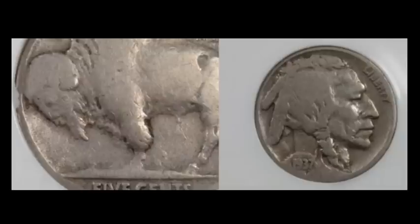Here's another one right here that people are still finding out there in the wild. It's a 1937-D buffalo nickel, 3-legged buffalo. This one is a lower graded example. The seller had mentioned it was VG. I believe it was even in some other weird third-party graded holder. I forgot the name of it, but